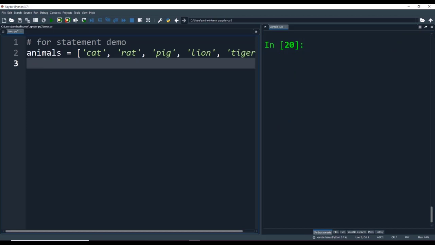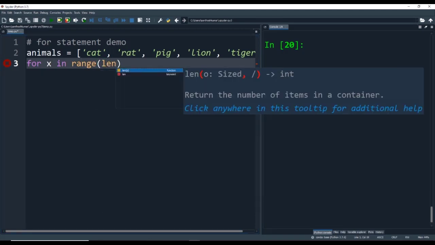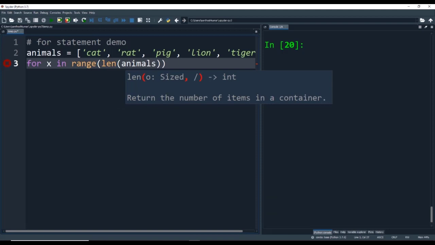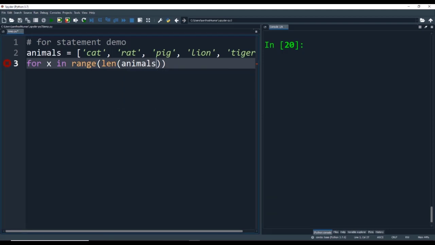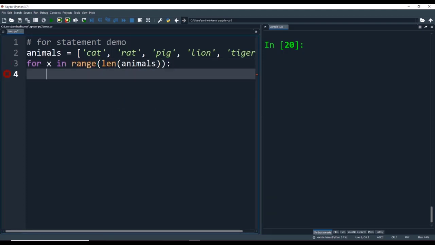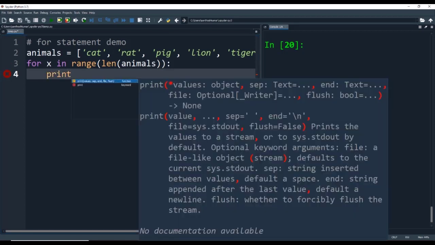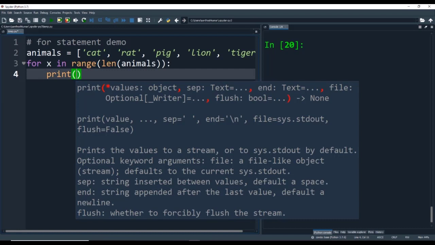In the next example, I am using the same list named animals, and I am using the length of the list in the range function of the for loop. So the statement is for x in range length of animals, and below that I am using the print statement print x comma animals of x.